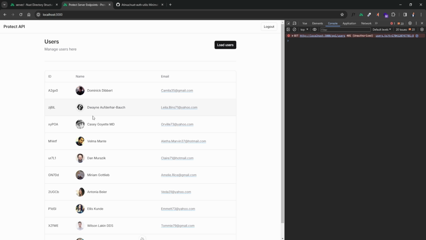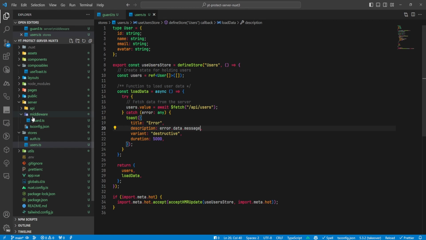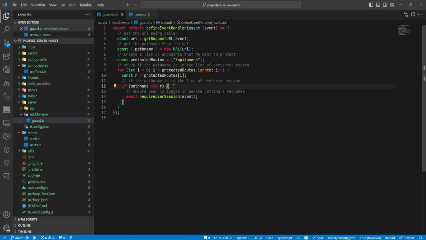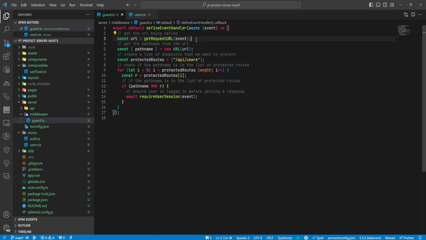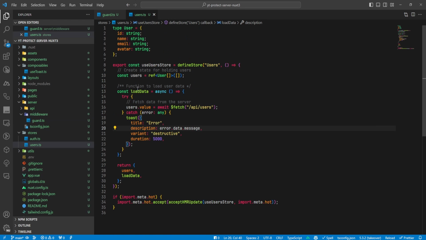So if you want to protect your endpoint, you just follow this setup. Like I said, I don't think it's very scalable for larger applications. I haven't tested it out on a very big project, but it's a pattern to be aware of. And of course, if you wanted to be more specific, you could get the HTTP method being called, and do some more checks inside of this. But essentially, that's how you'd do that